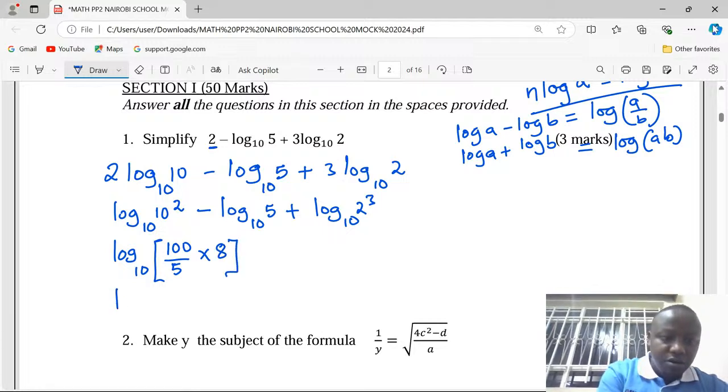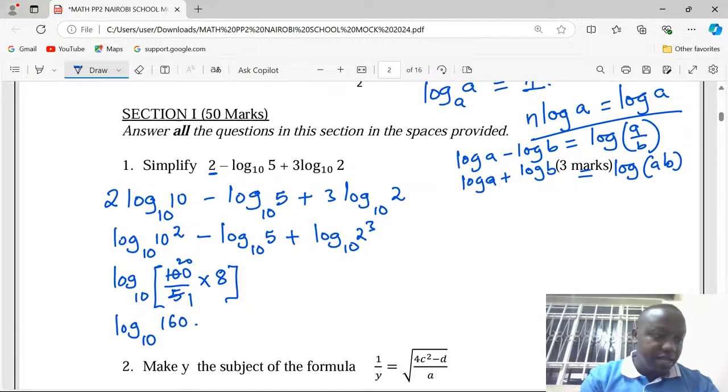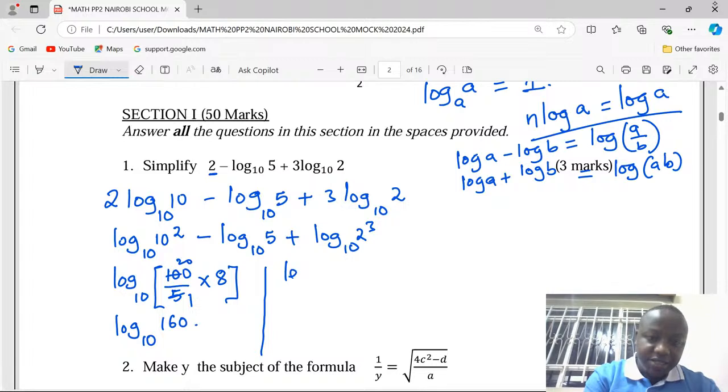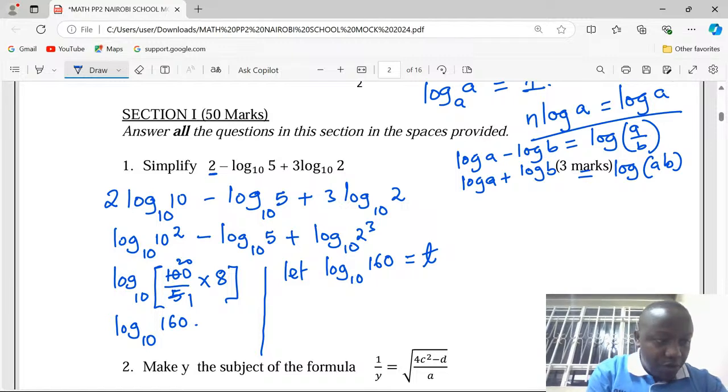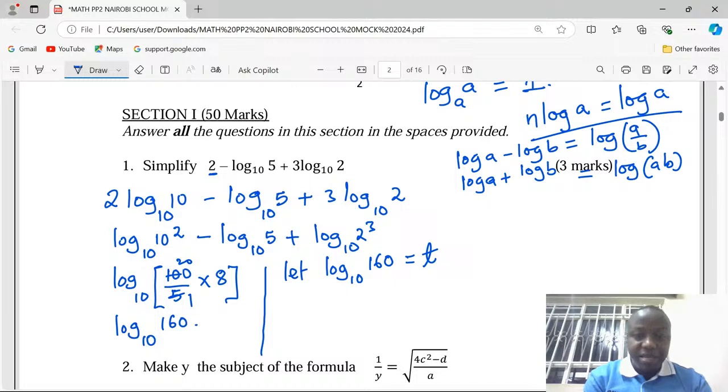This will be the log to base 10 of 100 divided by 5, which is 20, times 8, so the log of 160. Now we cannot leave the answer in terms of logarithms, so we continue simplifying further and let the logarithm to base 10 of 160 be t, just a certain unknown, say t for example. So now if we change this statement from logarithm form to index notation, then it shall be